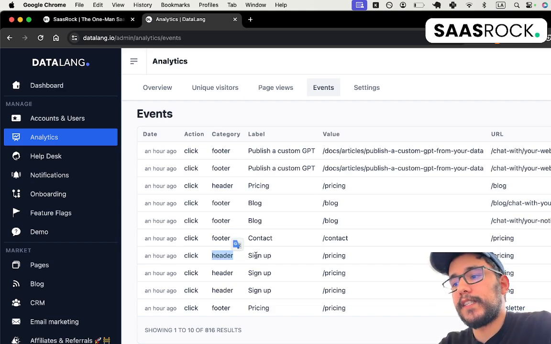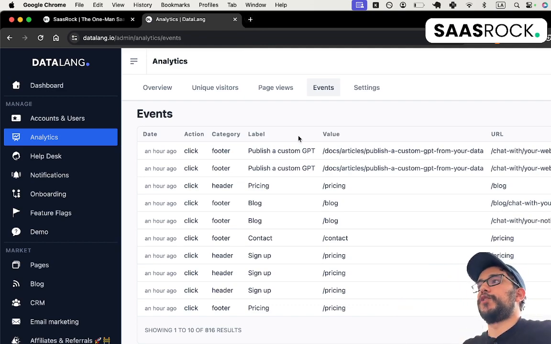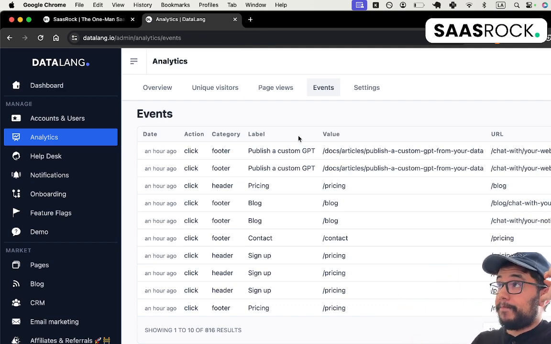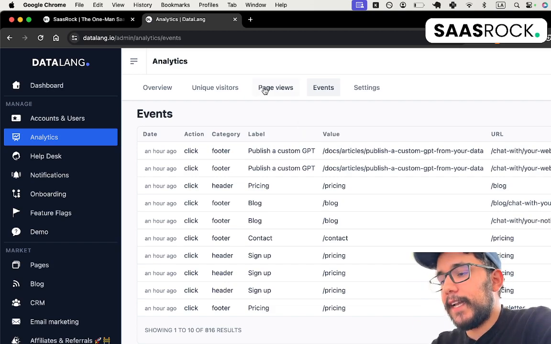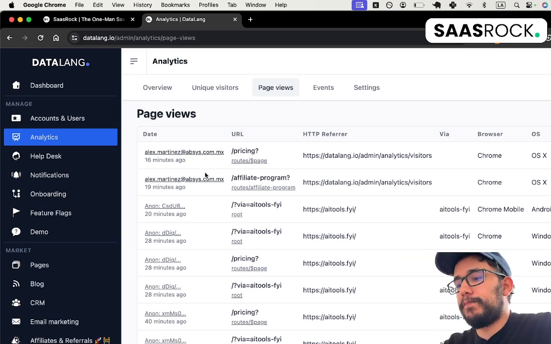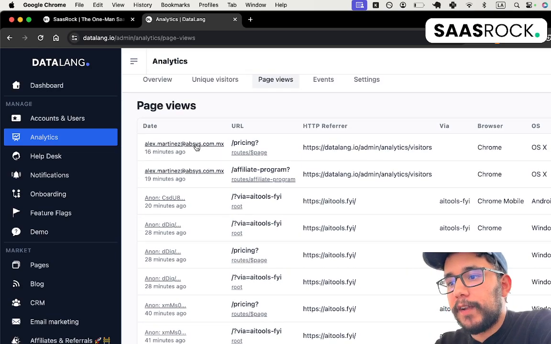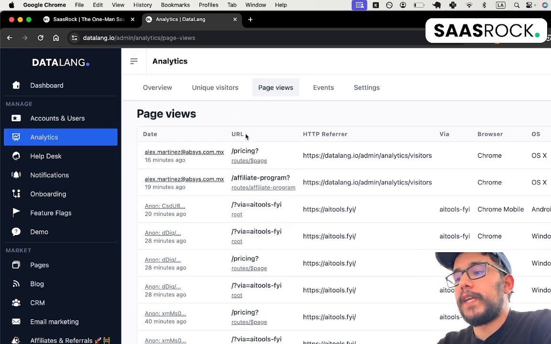And at the header, I got a sign up at the pricing, which is redirecting to the pricing page. And I do the same thing with SaasRock, but I don't want to show it because there may be sensitive information that I'm not ready to show yet. But with DataLang, since it's not a popular application like SaasRock, I don't care if the existing users are shown here. So you can see